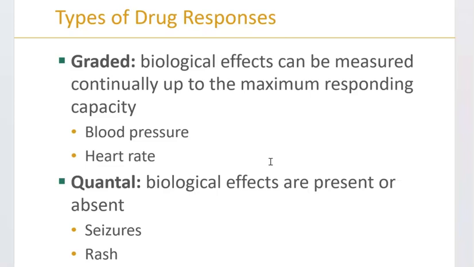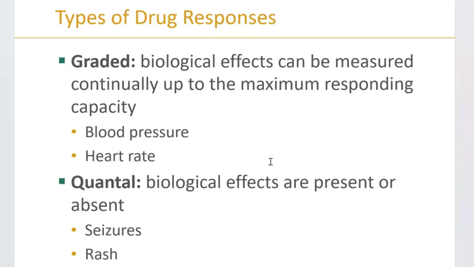And we can then use that to see what is the maximum responding capacity. So if I know that 25 milligrams of metoprolol brings your heart rate down to 90, well, what does 50 do? Oh, well, 50 milligrams brought your heart rate down to 60, but 100 milligrams of metoprolol brought your heart rate down to 40. So now we know 50 is your right number, for example.